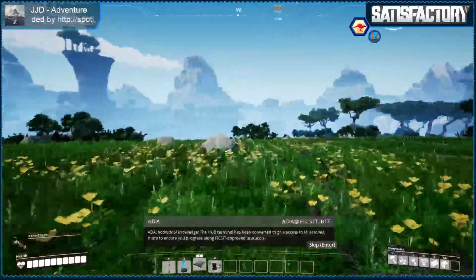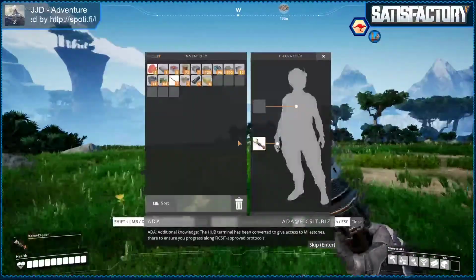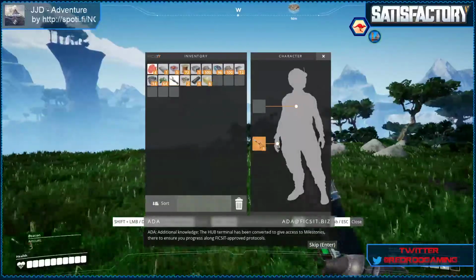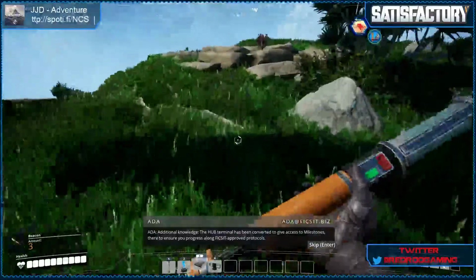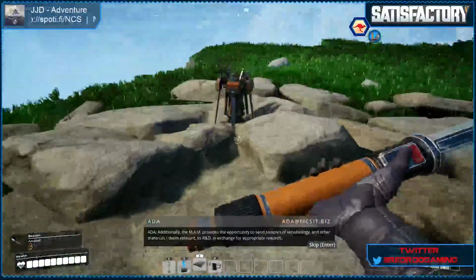Okay, so the last thing we're going to do this episode is we are going to put a beacon down over here so that we know exactly where we're running every single time we set out. We're going to pick up the...